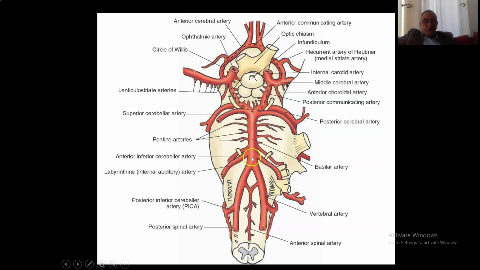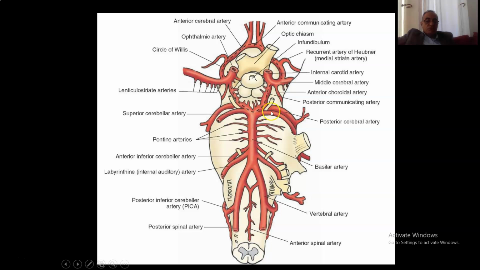And then we have the AICA, anterior inferior cerebellar artery. Sometimes the labyrinthine artery arises from the basilar, sometimes from the AICA, supplying the 7th and 8th nerves, and the labyrinth responsible for hearing. And the 6th nerve can be present between the AICA and the labyrinthine artery. Also we find pontine arteries on either side supplying the anterior surface of the pons, the transverse pontine fibers,